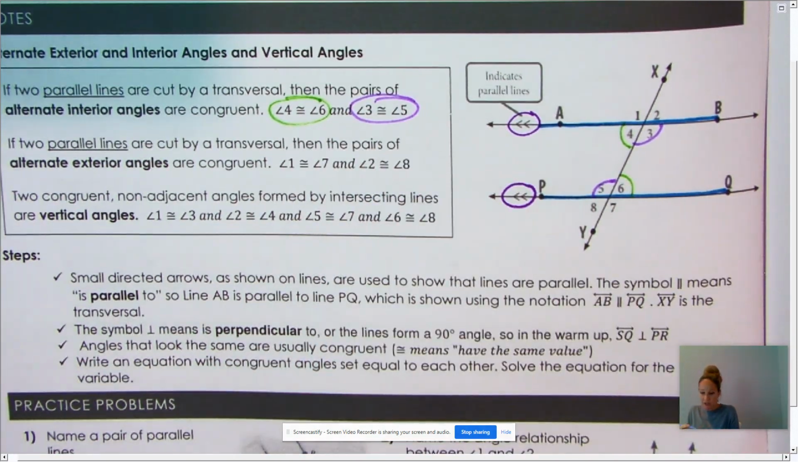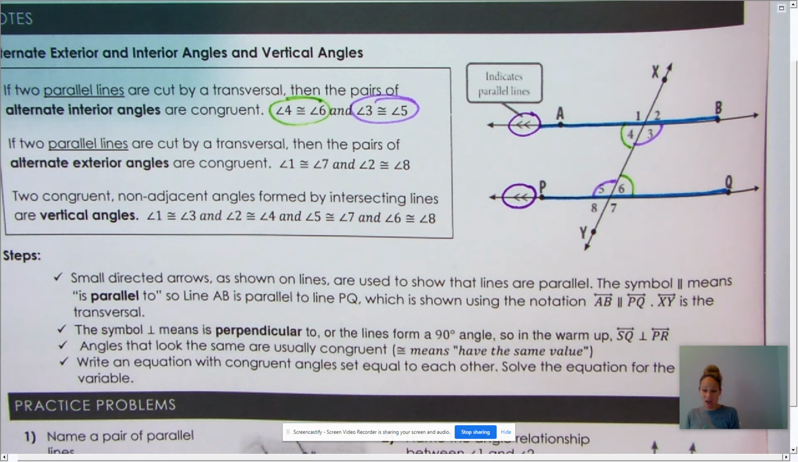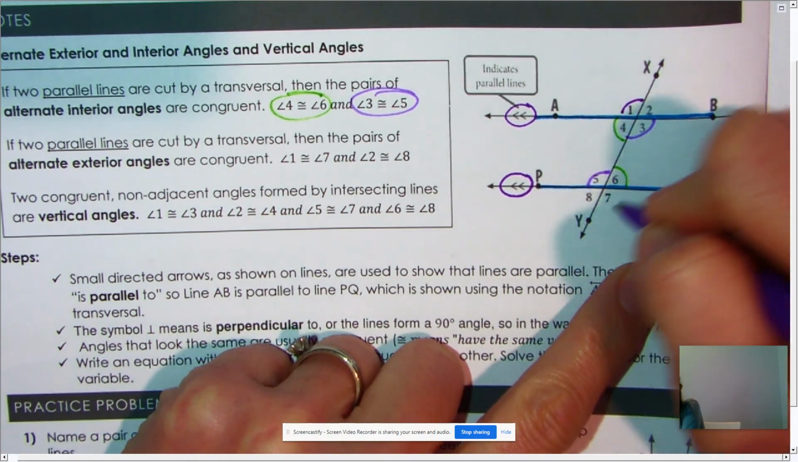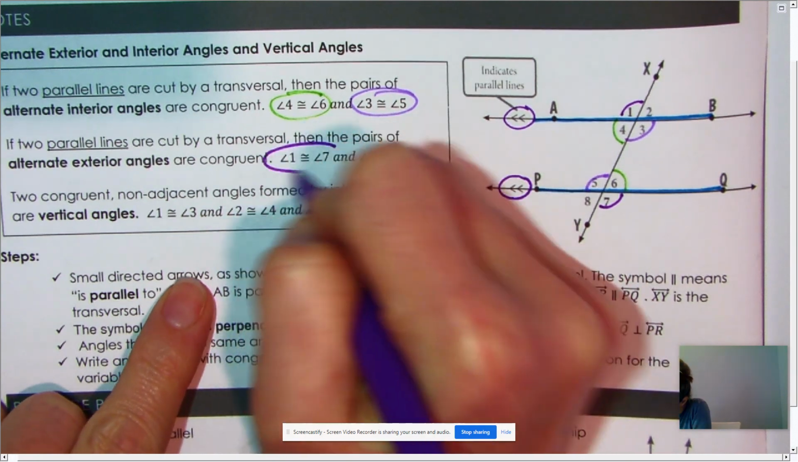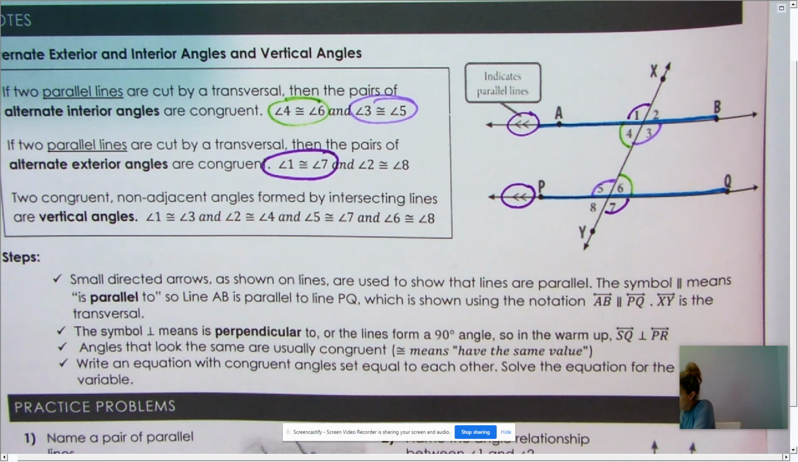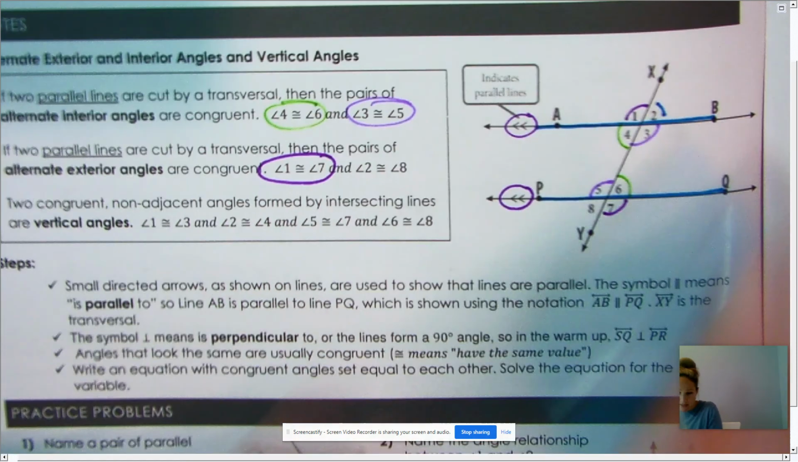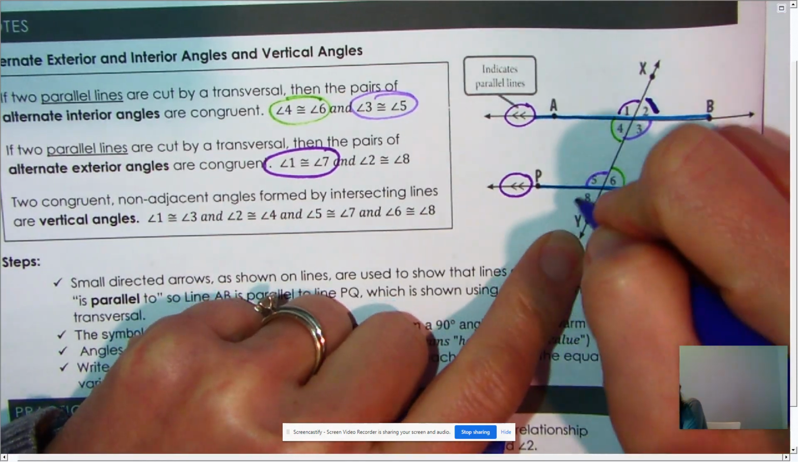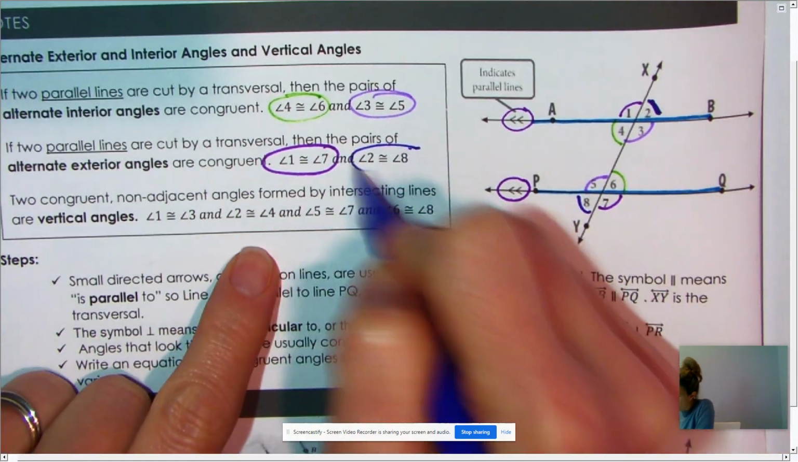Okay, now we're going to look at the alternate exterior angles. So looking outside of those blue lines on alternate sides of the transversal, kind of opposite each other. So one pair of them would be 1 and 7. Sorry if you're colorblind and these all look the same, but 1 and 7 would be an alternate exterior. And then numbers 2, oh, that looks like the same color. Whoopsie. We'll go dark blue. 2 and 8 are also alternate